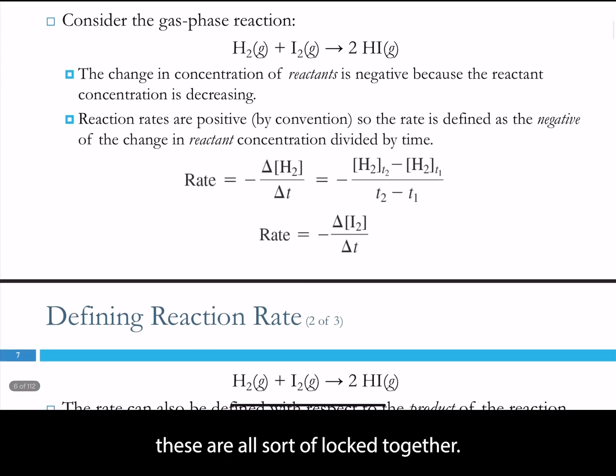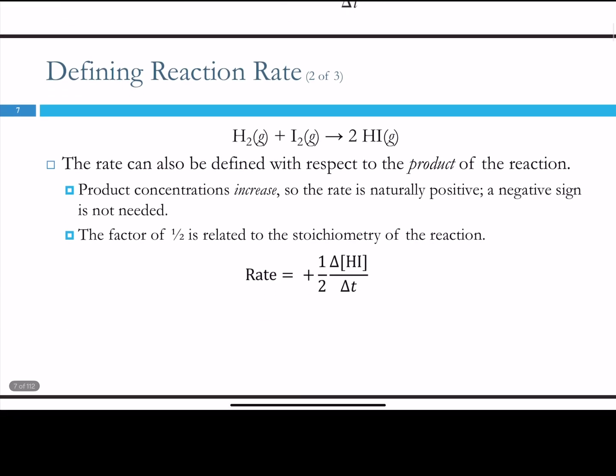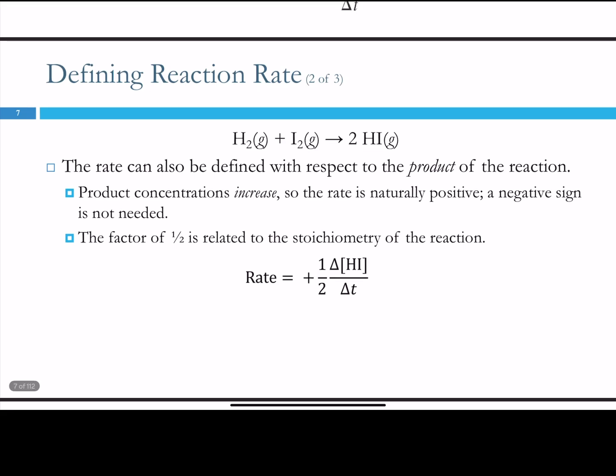But like I was saying, these are all sort of locked together. So we could also define the reaction rate in terms of the products. If we can measure the product's concentration, then we can measure a concentration at time 1, measure it a little later, and figure out what that rate is. Now it's increasing, because it's in terms of our products, whose concentration is going up over time. And here we add in this 1/2. That 1/2 gets added in